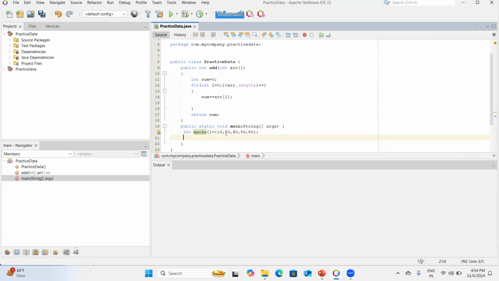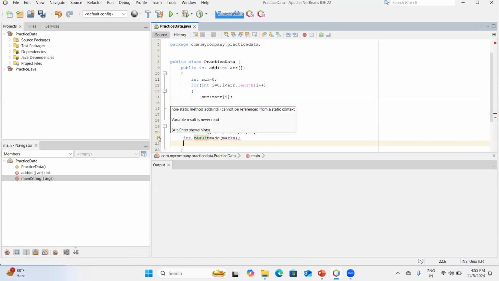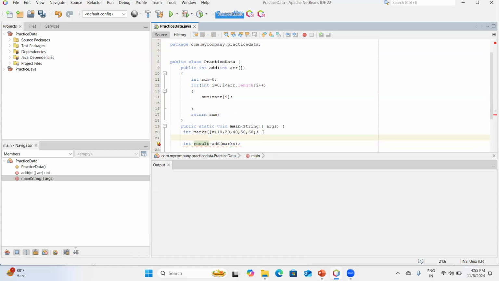And what I'm going to do here, I'm going to just pass my array to my function. So let's store the result of my function add in a variable. So I'm going to do this. So see what error it is giving me, non-static method error. So what I have to do, I have to just